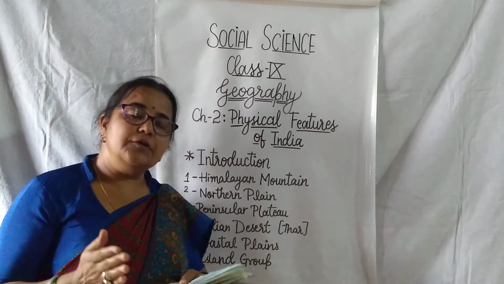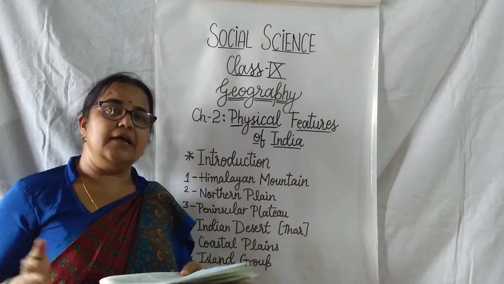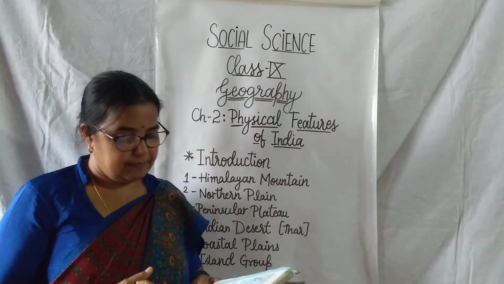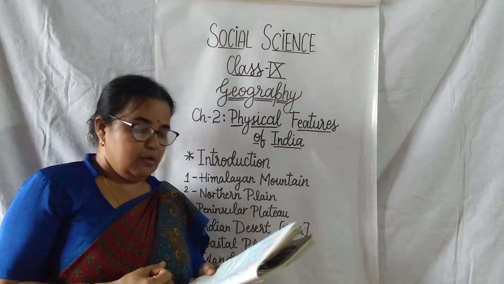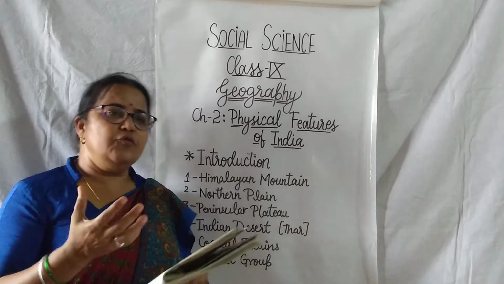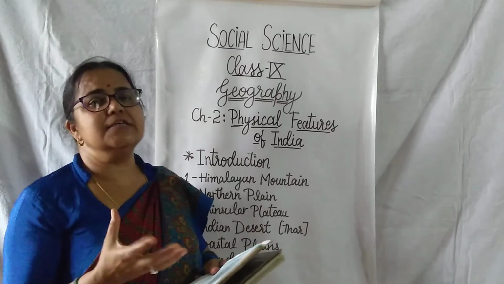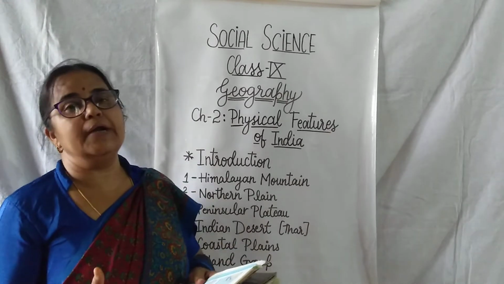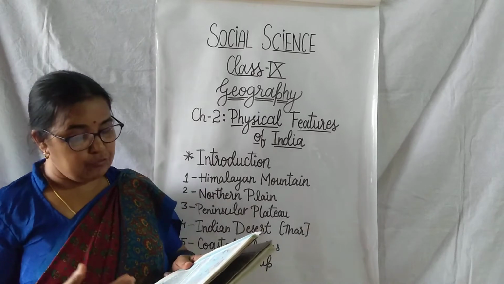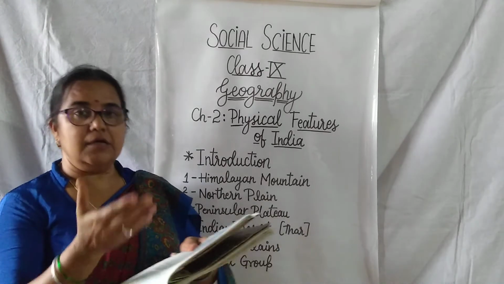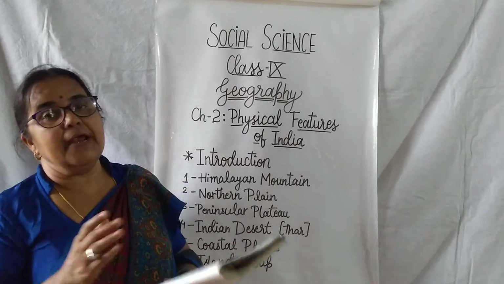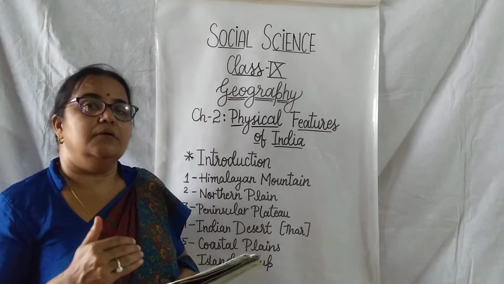All are divided into different countries or continents only because of these tectonic plate movements. So I think we can say that millions of years ago there was this type of plate movement in the Indo-Australian plate, and due to this movement of the Indo-Australian plate, what happened? This plate collided with the Eurasian plate.